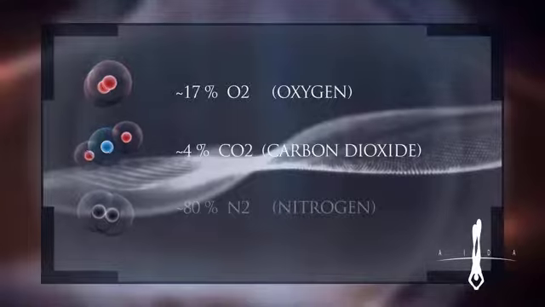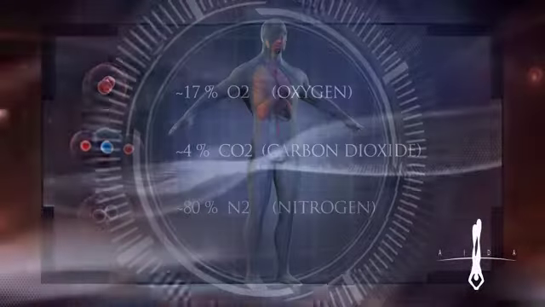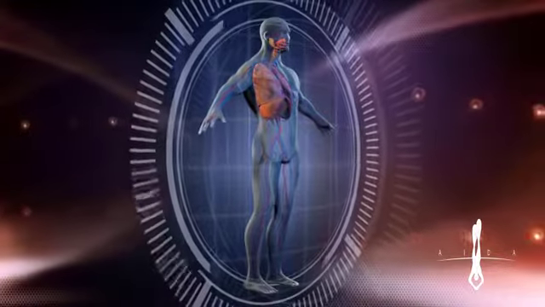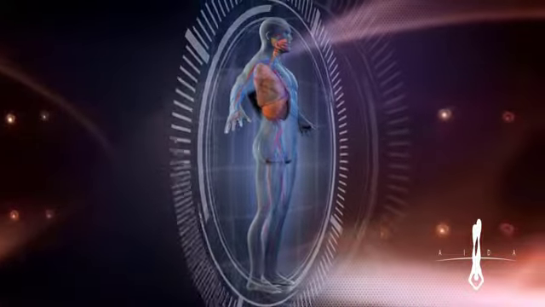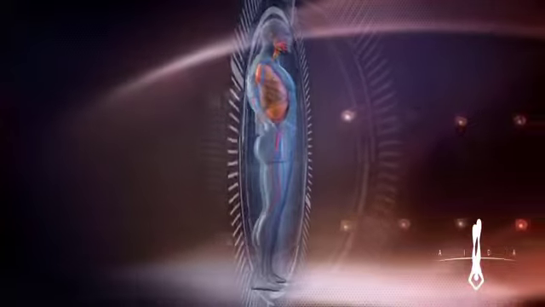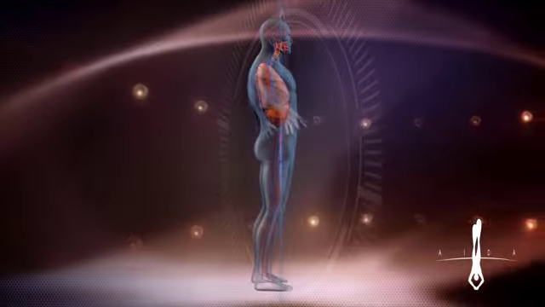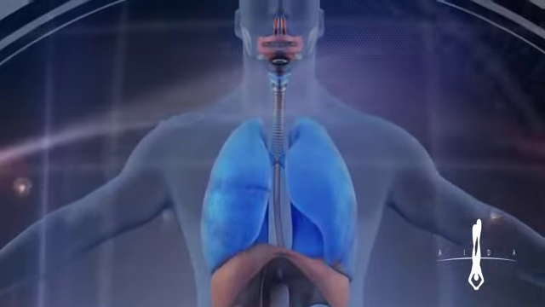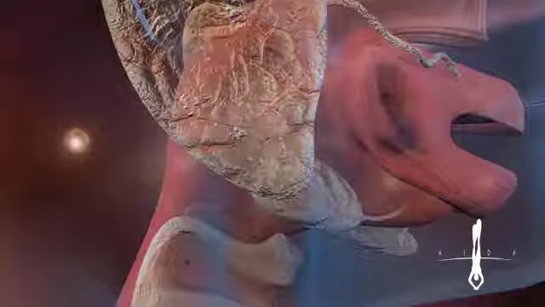This is because our bodies use oxygen in the air we breathe to turn food we eat into a form of energy the body can use. And the byproduct of this process is carbon dioxide, which needs to be released from the body through the respiratory system into the air. So how do we get oxygen into our body and release carbon dioxide back into the